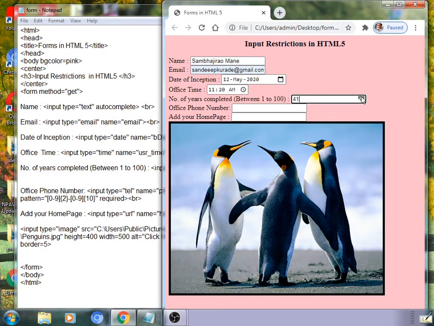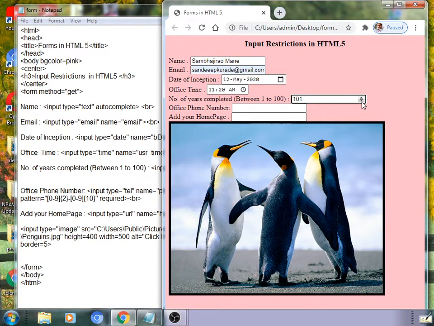Okay. See here, we are going continuously by clicking this arrow and values are increasing up to 100 as well as more than 100. It will display such a value. But as per the restriction we have applied here, values should be in between 1 to 100, and one should apply such values. One can decrease the value by clicking the downward arrow.